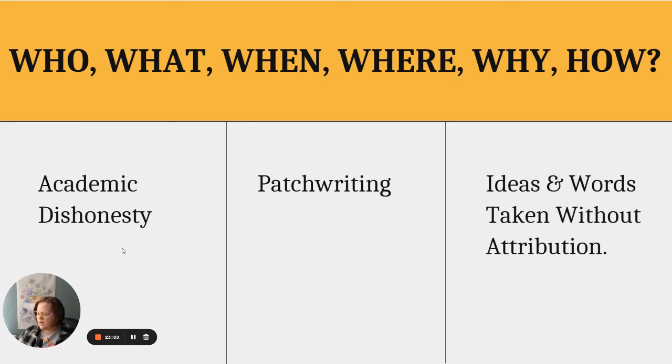So, according to the definition of plagiarism by the Council of Writing Program Administrators, in an instructional setting, plagiarism occurs when a writer deliberately uses someone else's language, ideas, or other original, not common knowledge material without acknowledging its source. In college, plagiarism is a form of academic dishonesty, and you have an academic dishonesty policy. You signed it, you agreed to it.